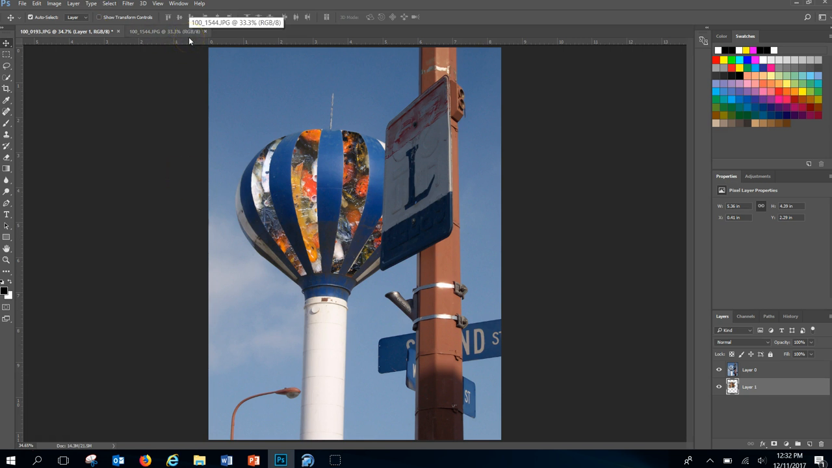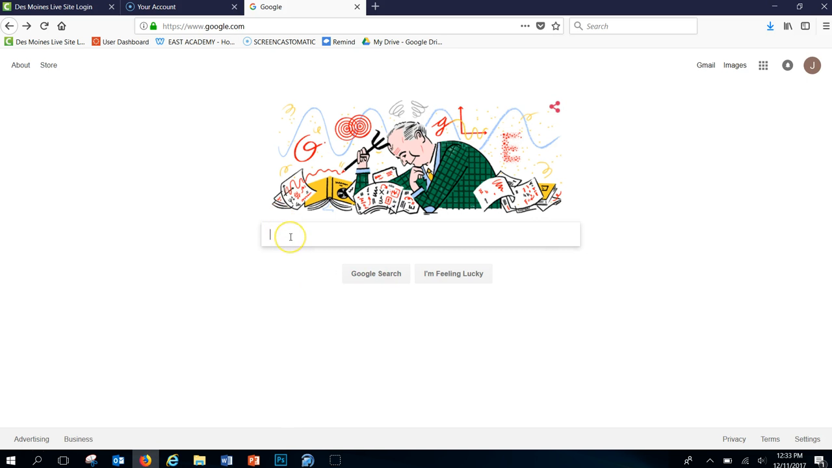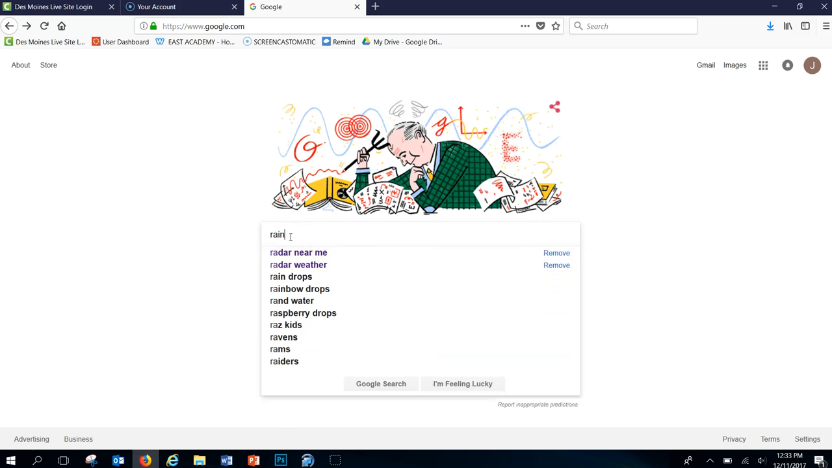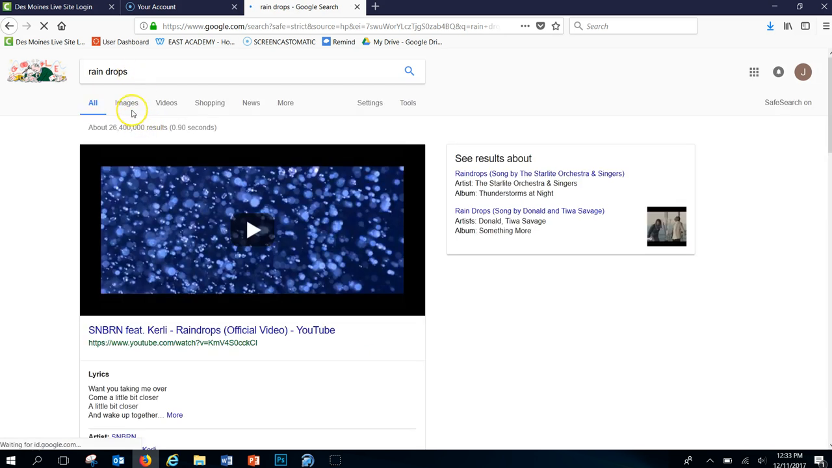I'm going to show one more thing just in case you are someone that didn't want to use both photos as photos that you took, but maybe you want to find something off of the internet. So I'm going to delete this background layer and I'm going to show you how I can find one off of Google. So I'm at Google, I'm going to type in raindrops, I'm going to go to images,